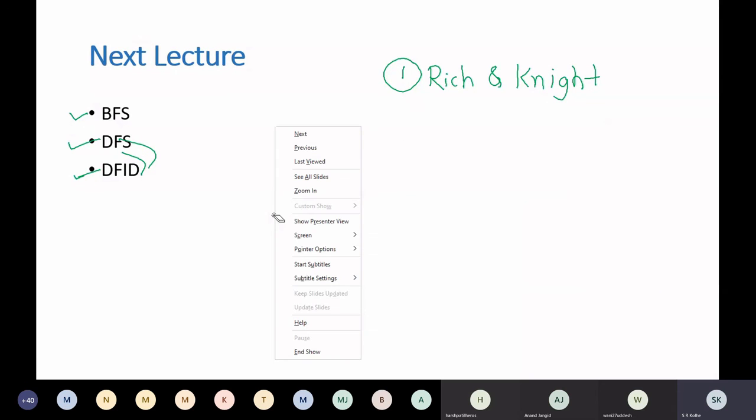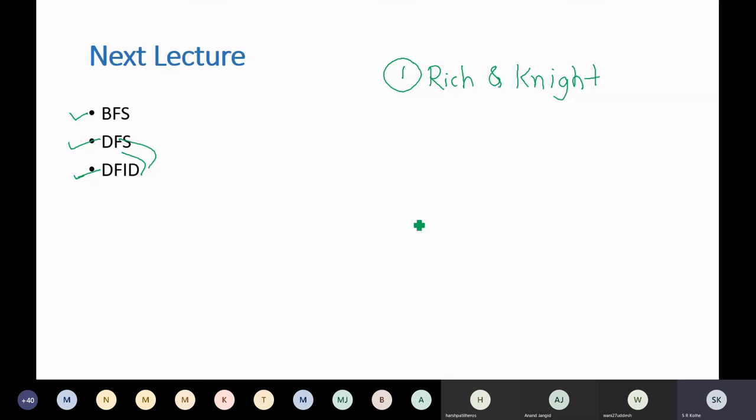The monkey banana problem is not given in the Rich and Knight book. For that problem, you refer to Patterson's book, Artificial Intelligence and Expert Systems by Patterson. In this book, you will get the state space representation of the monkey banana problem. For algorithm analysis also, you can use Patterson's book, which discusses the various parameters along with which you are going to analyze algorithms. That is not given in the Rich and Knight book. So for today's lecture, you use these two books.